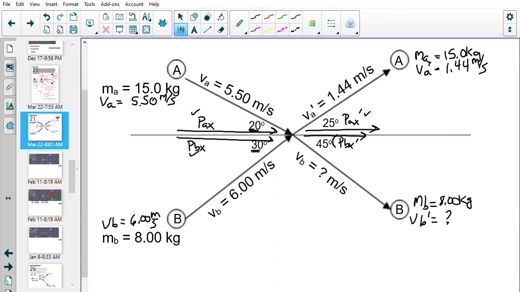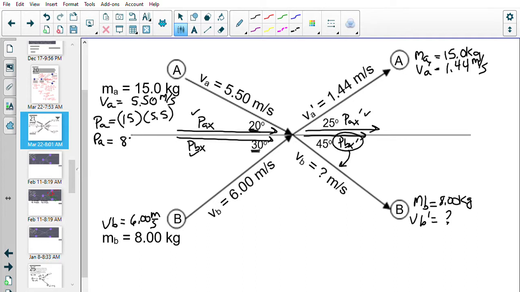I will then solve for PBX prime, then get the hypotenuse afterwards, and divide by mass. That's me illustrating how I'm going to go about solving the problem. So first I'm going to get PA. PA is MA times VA, so it's 15 times 5.5. So if we do 15 times 5.5, we get